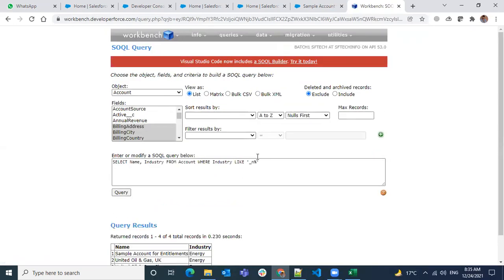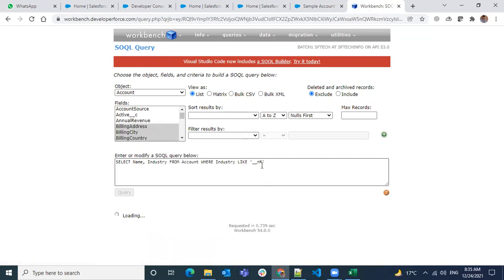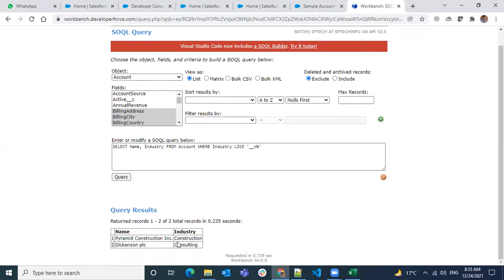So when using a like operator, we have to remember two keywords. One is underscore and the other is percentage. Underscore means referring to a single character. Exactly one character should be there. Let's say I gave two underscores and I'm trying to do a search. So before n, there should be two characters. Here you see there's a CO, exactly two characters, so it is returning the value. But if you give one character, it will not return anything.